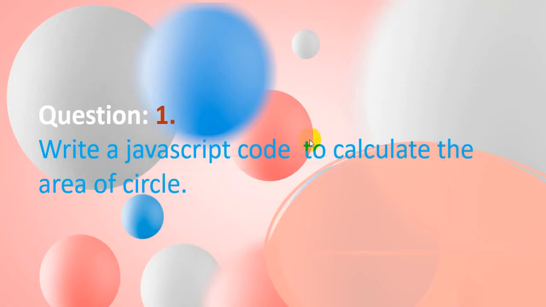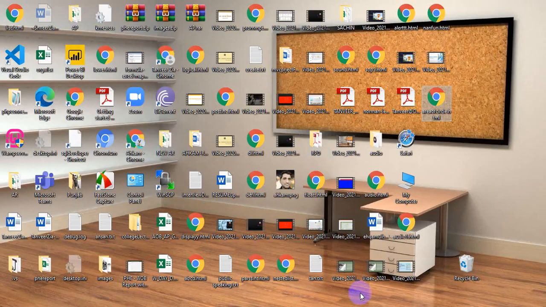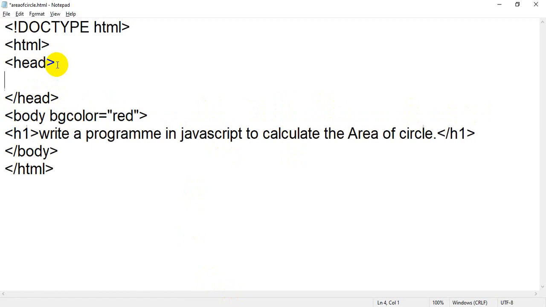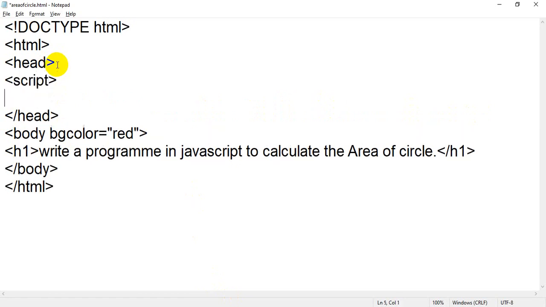Now I am going to add our JavaScript. So we have an option, we can add it either inside the body tag or inside the head tag. Now I am going to add it inside the head tag. So to add JavaScript we have to add a script tag and closing script tag. And we have to mention the name of the scripting language which we have used. So by using the language attribute we have to write